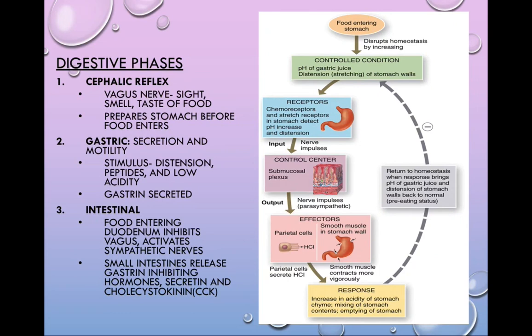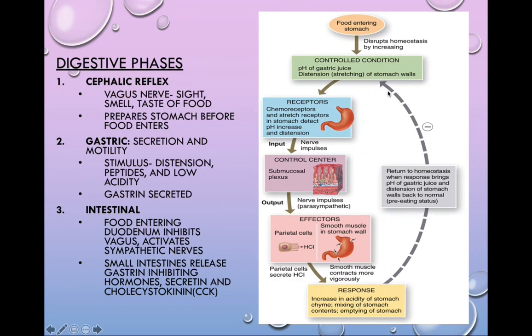Stimuli that trigger the gastric phase of digestion to begin are distension, which is the stretching of the stomach wall, from food that has entered from the esophagus, or perhaps a decrease in the acidity levels in the stomach due to proteins that are entering from the lower esophageal sphincter. You can see the feedback loop on the right side of this page is going to walk us through this